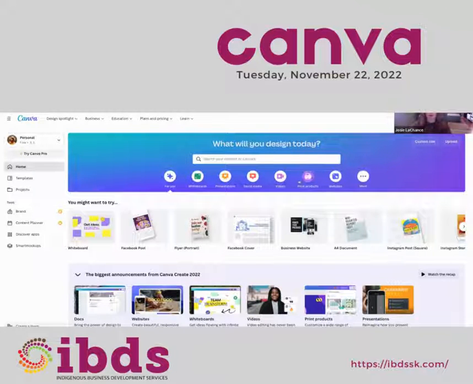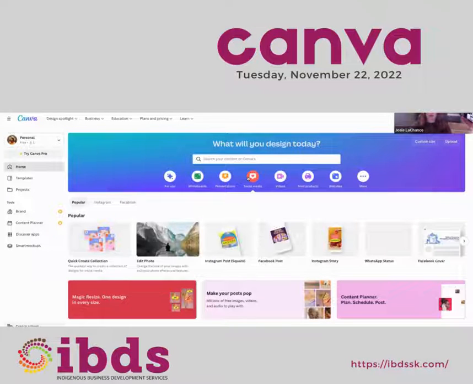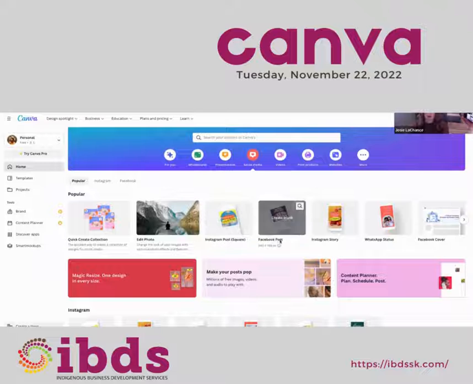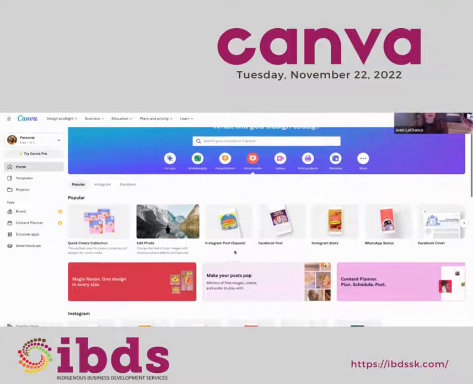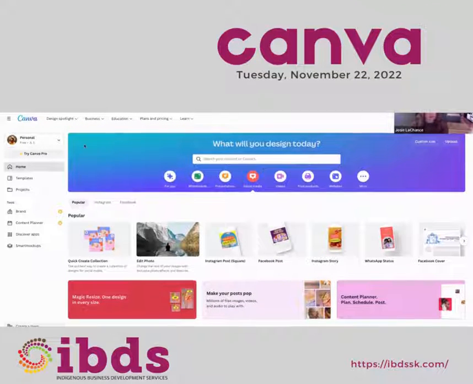It's where all these buttons are, and you can just click and then some popular things will pop up, what you might be looking for.